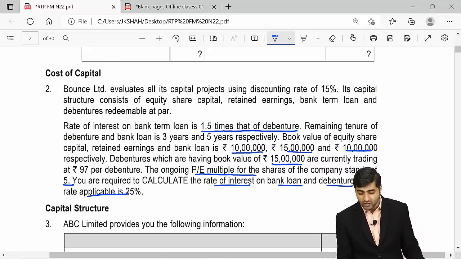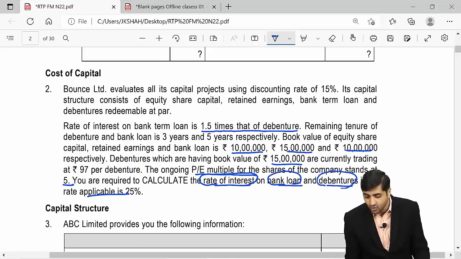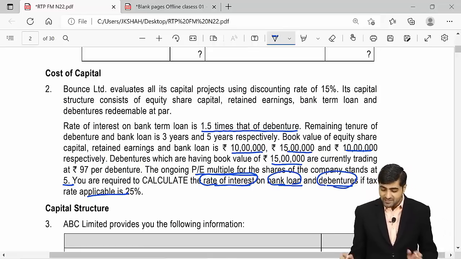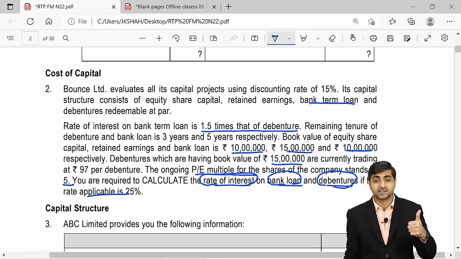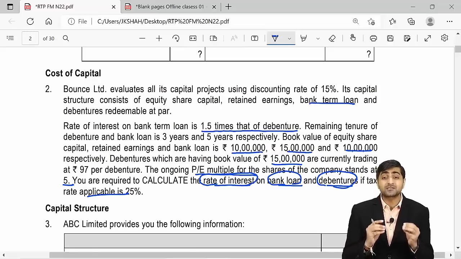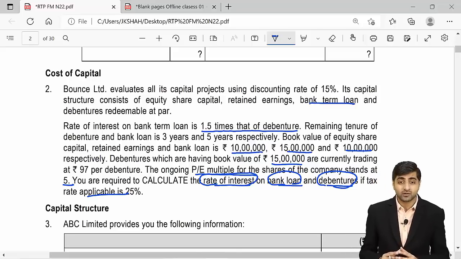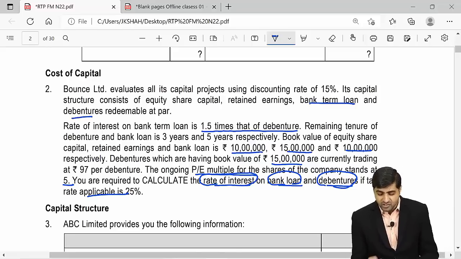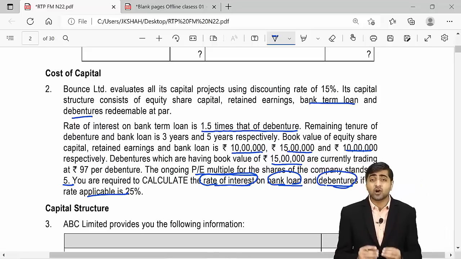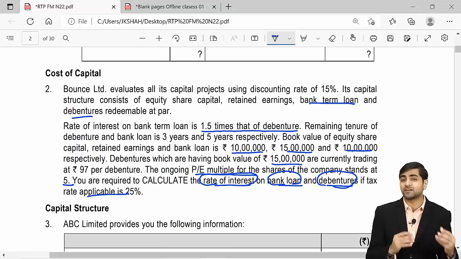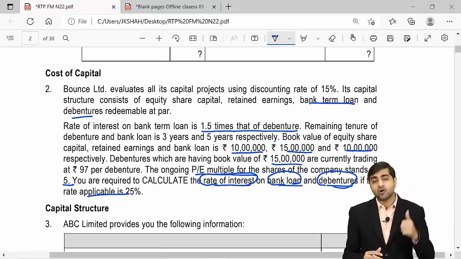They have asked you to calculate rate of interest on your bank loan and on your debentures. So basically here, do you have bank loan as a source of fund? Yes or no? Yes sir. But they have not given to you how much percentage is the rate of interest on which you have taken the term loan. Similarly, do you also have debentures? Yes or no? Yes sir, that is also one of the sources of finance, but they have not told you how much percentage is the rate of interest. So basically in this question we have to find out the rate of interest of your bank loan also and